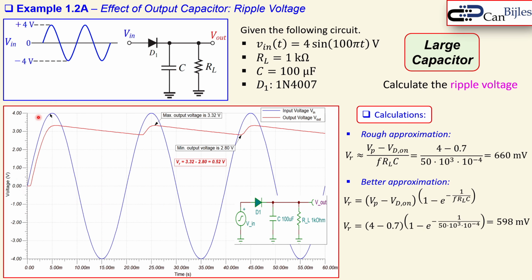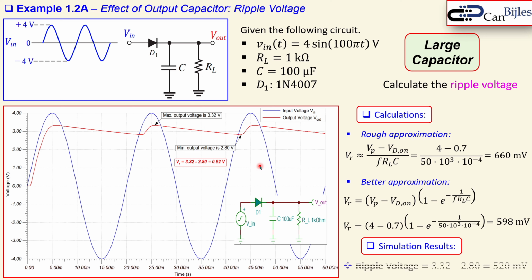The blue line is again our input, and the red one is the output. You can see the first charging part, and that is only the first case as discussed, and then you get the repetition of the charging, discharging. So it is charging, discharging, charging, discharging. That's the capacitor effect. The maximum value of this red curve is 3.32 volts, and the minimum value of the output was 2.80 volts. So if I now look at it, the maximum minus the minimum, from the simulation I get 520 millivolts,